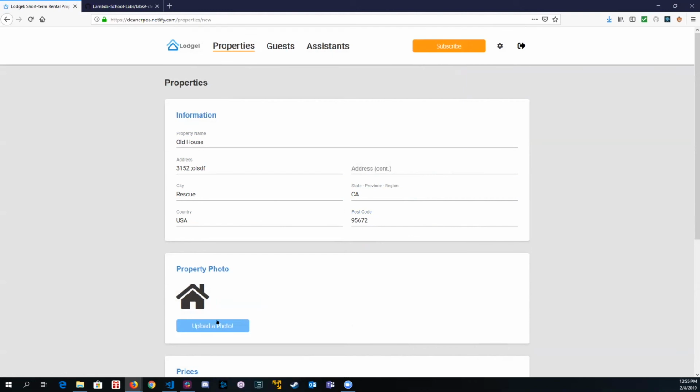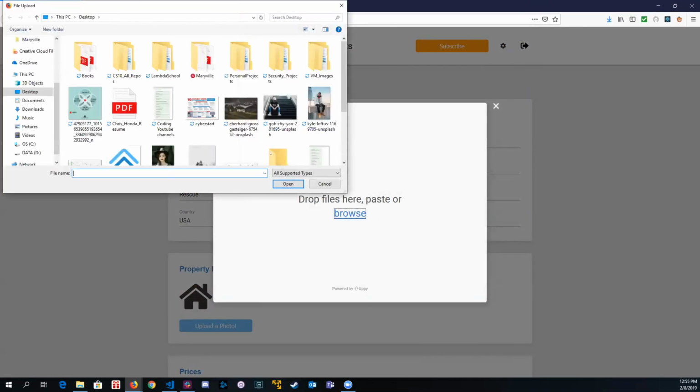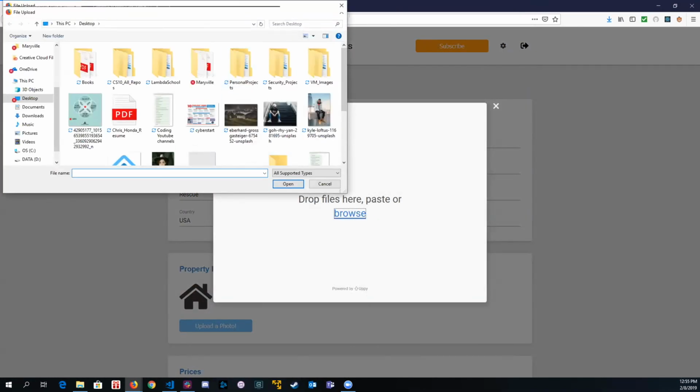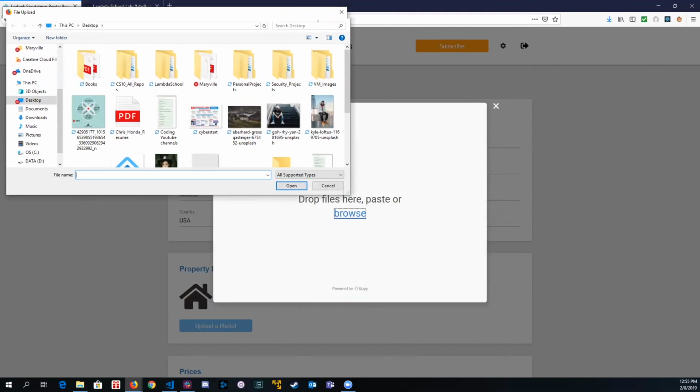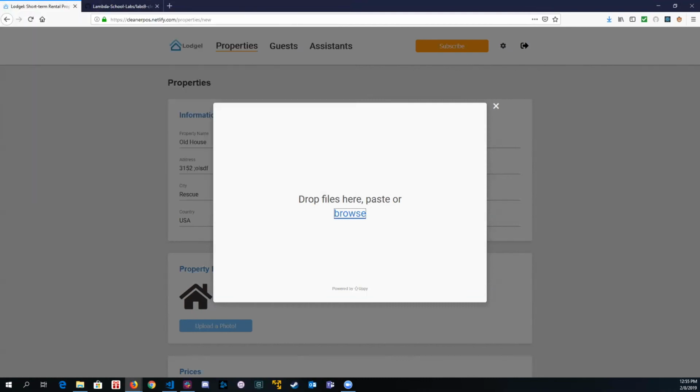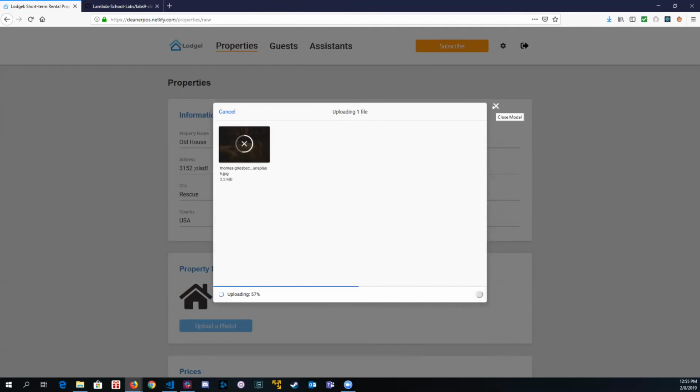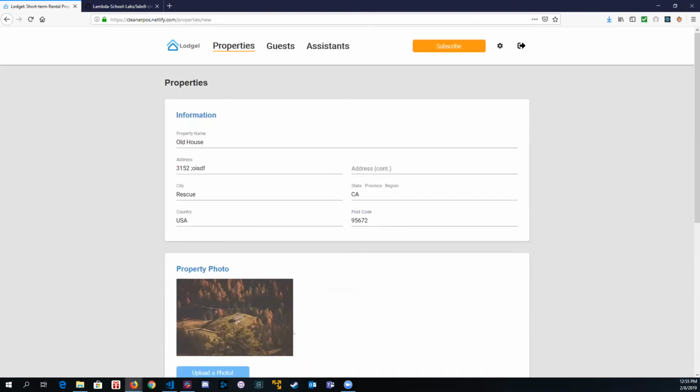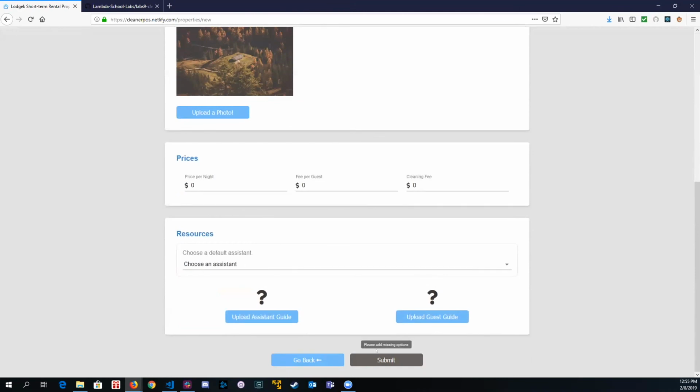And we can upload photos of the property because you want to attract people to it. My goodness. By having an attractive picture of your home. So I'm going to upload this house. And after it's done uploading, we're going to be in good shape. It's going to close out. And you can also determine the price that's going to be set, and everything can be paid through